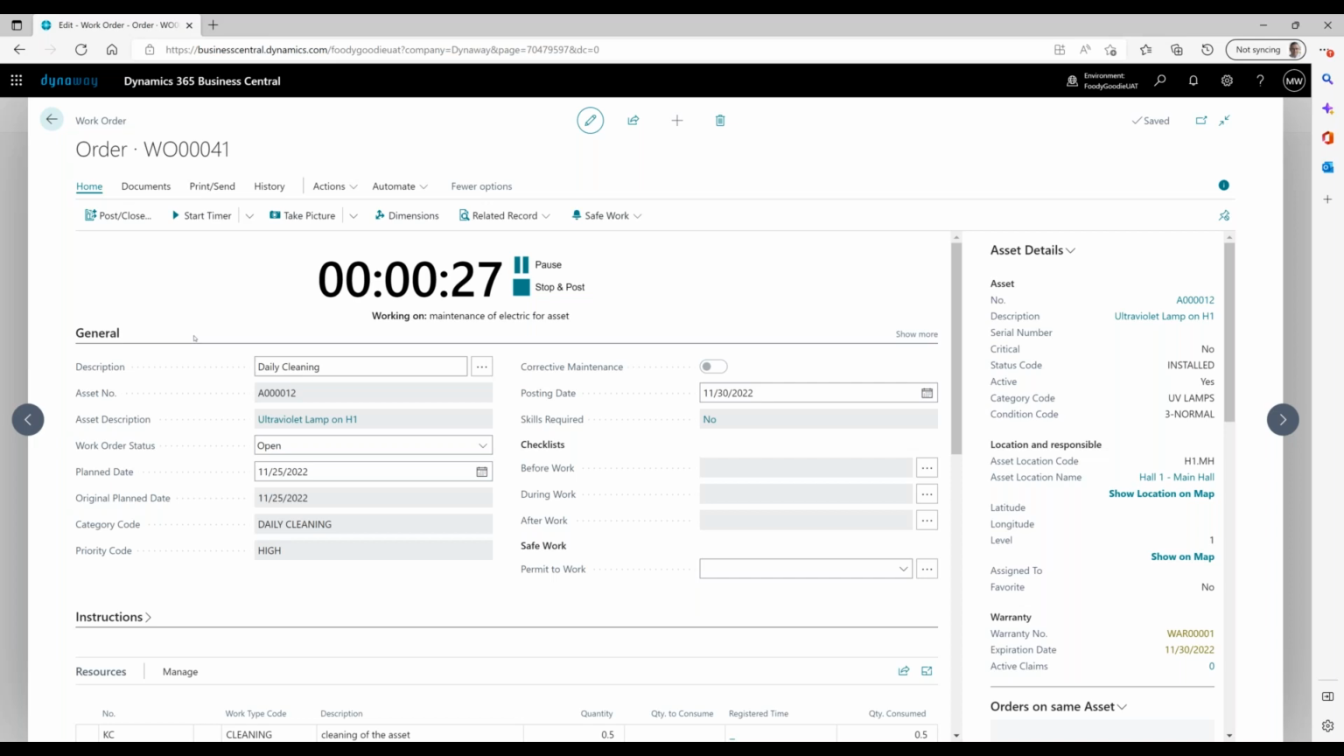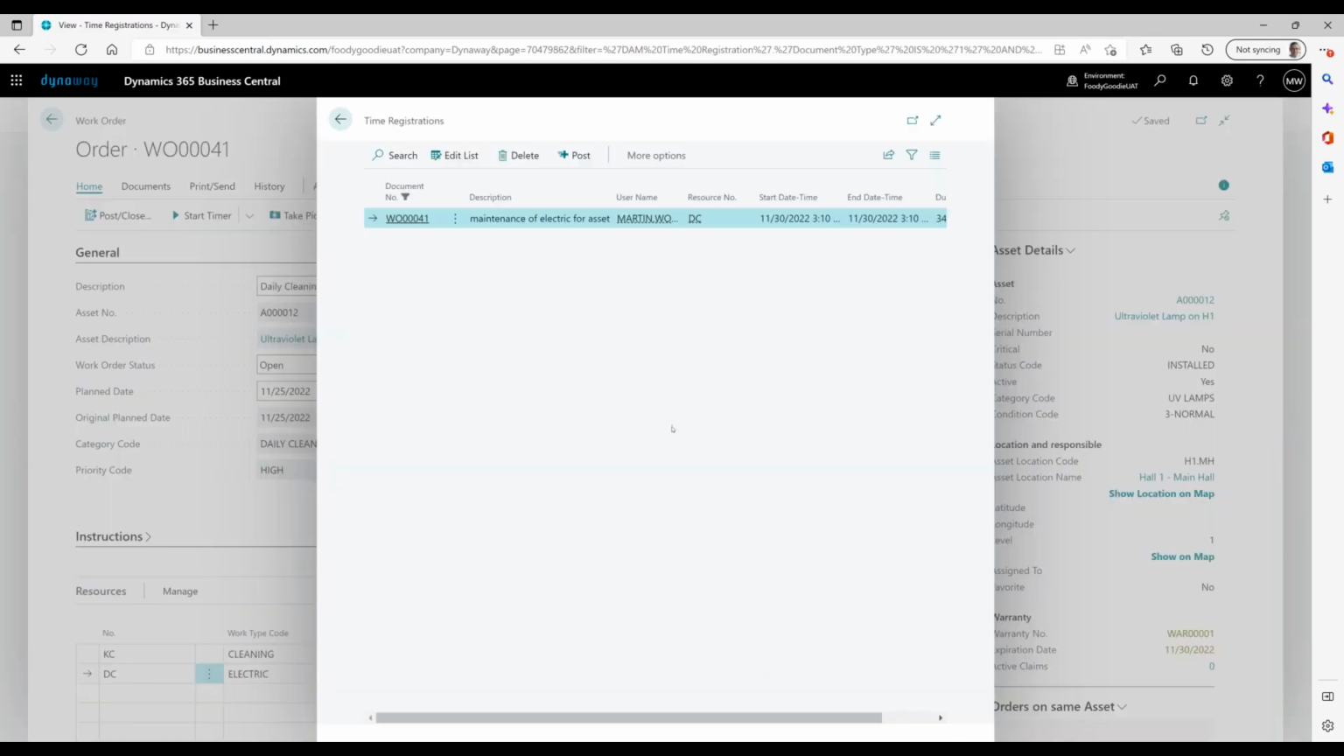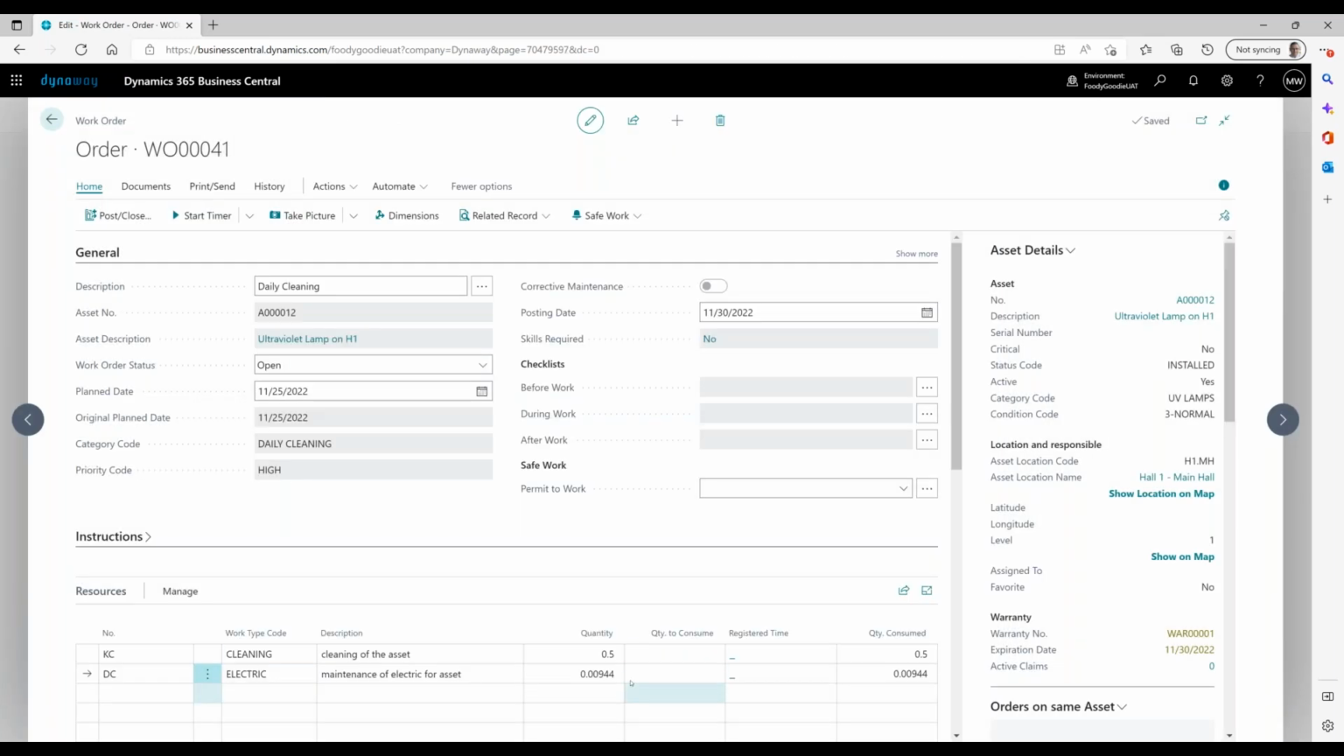And I have two options. One is pause and one is stop and pause. If I pause only, you will see that the system has some registered time. It put me 34 seconds, but it's not posted yet. So me as a technician can see everything I was doing for this work order, for this task, and I can just post it from here. I can just click post. And you can see that the quantity is automatically connected, 34 seconds, not so much,